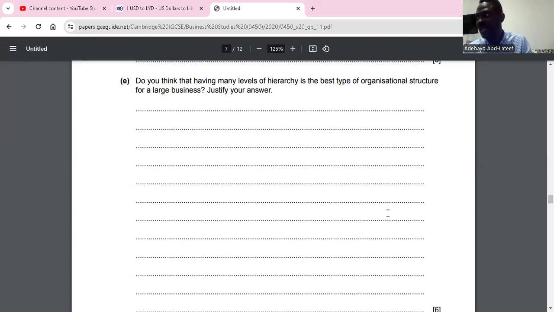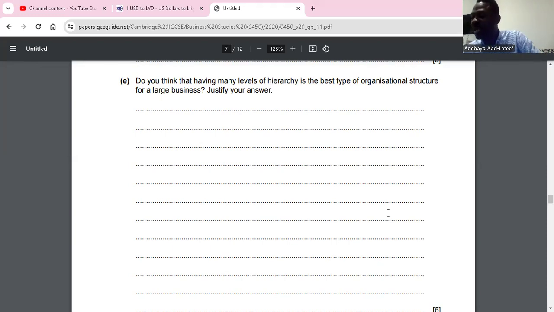Yeah. So that means they can be efficient because they will be able to know what each employee is doing. Yes. Clear? 2, it can also provide more promotion opportunities for employees. When you have more managers within an organization, it means other employees can have a promotion to become managers too, and that could also motivate them. Clear? Is it clear there? So no, based on the following reasons.